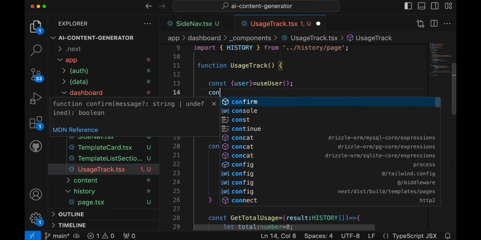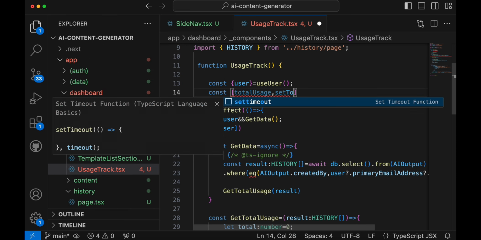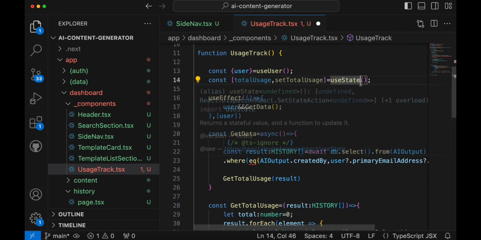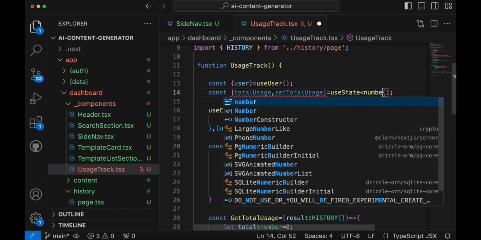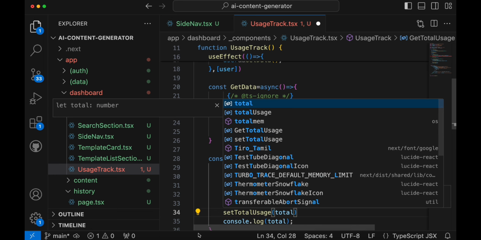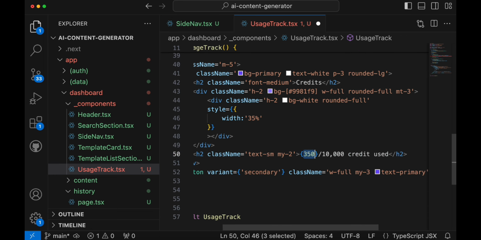So here we'll say const totalUsage, setTotalUsage is equal to useState of type number, and simply here we'll set the total usage as a total. Now this number we replace over here with total